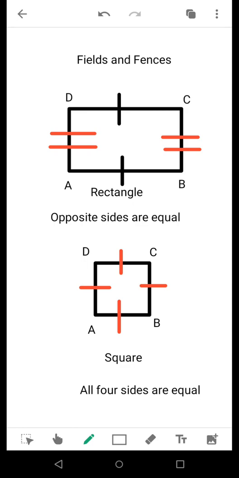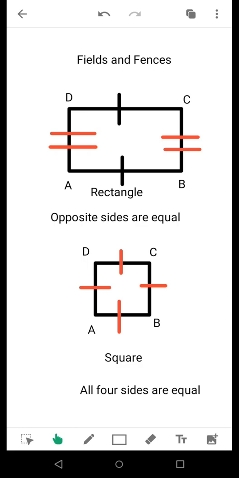Now, coming to the basic geometrical shapes, the rectangle and square. As you know, in a rectangle, the opposite sides are equal. As you can see, I have also marked the opposite sides to be equal, and if I consider the rectangle to be ABCD, then AB is equal to CD and BC is equal to DA. Regarding them, we will learn a bit later, but the basic thing is that opposite sides in a rectangle are equal.